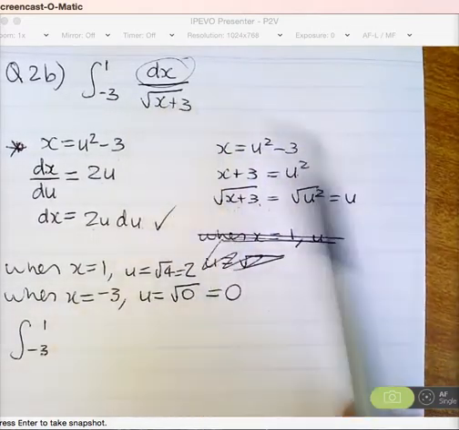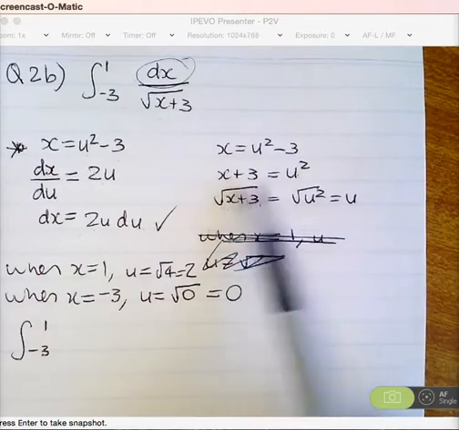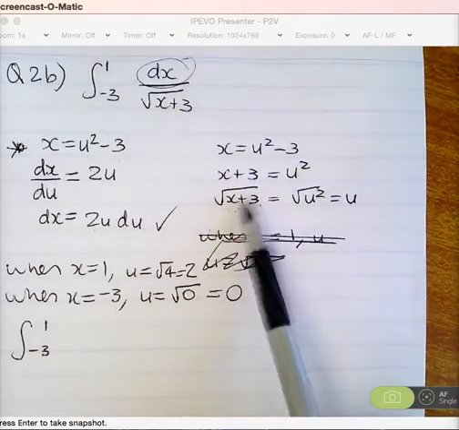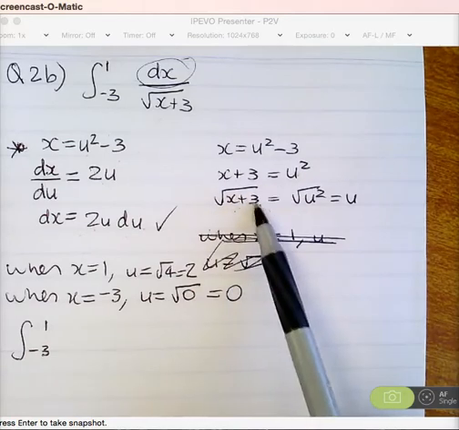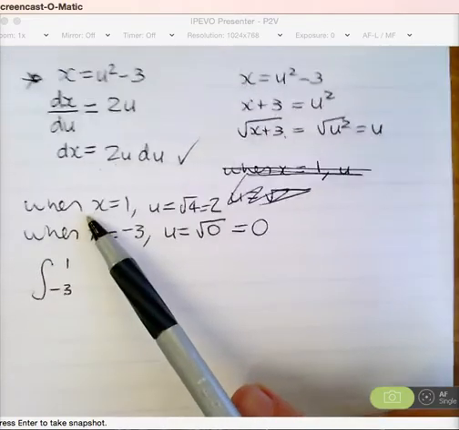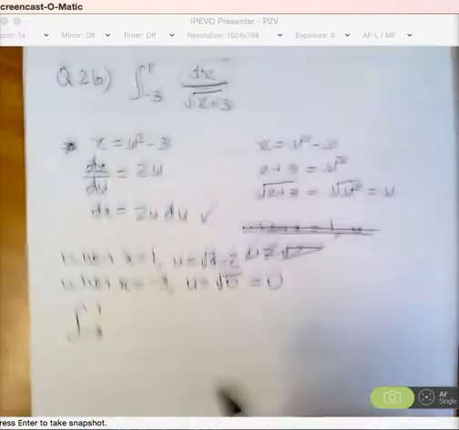We want it x plus 3. Taking that 3 to the other side, u squared is x plus 3. We could just put that in there, or we can do the substitution down here. The square root of x plus 3 is the square root of u squared, which is u. Changing our integrals. So therefore,